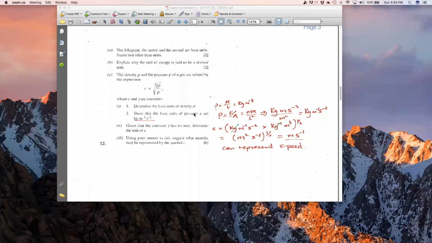Show that the base unit of pressure... again, we have to find the defining equation for pressure. Pressure is force over area, right? And because pressure is force over area,